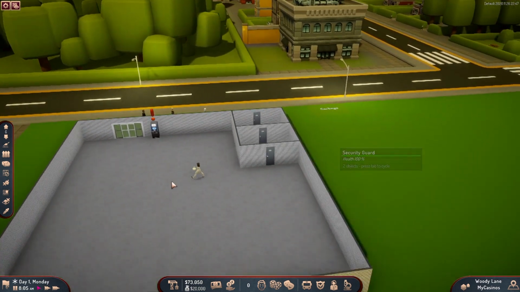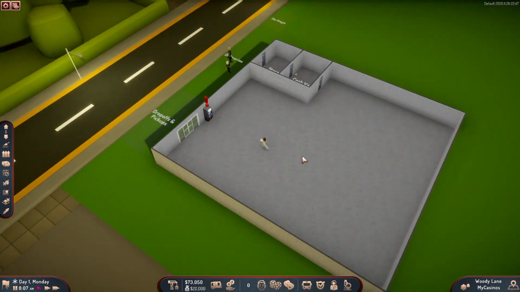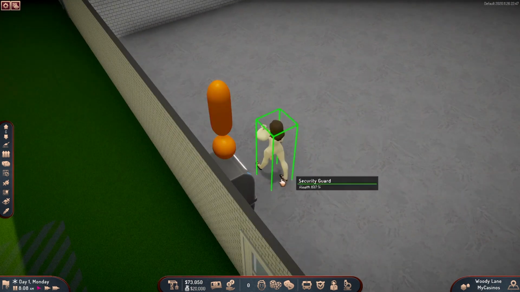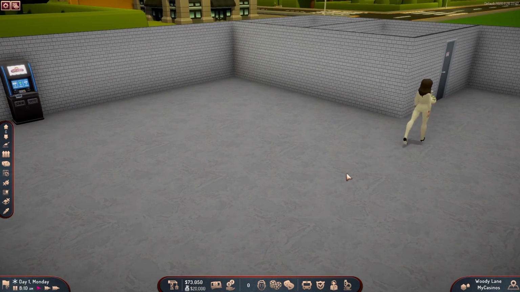You can hold and drag. You've got edge scrolling. You have, of course, got WASD for those of you who like that sort of thing. And you can zoom in on the individual people. This is a security guard carrying money around. It's a little odd. They do still need to work on their sprites, I think, so that's not a terribly